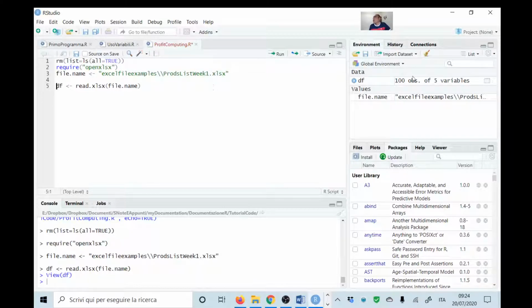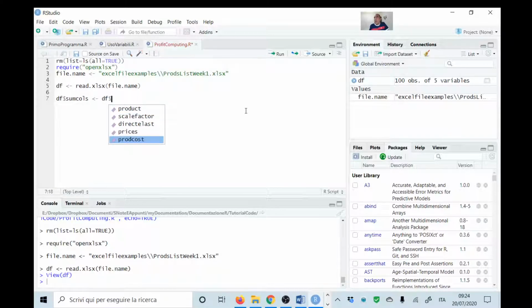So now we have this variable, and it's very easy to work with it, because as you can see in R, if you use the dollar symbol, you can see the column, and you can work with the column exactly as you do in Excel. So let's say I want to create a new column. Now I will create a no-sense column, it doesn't matter. I will call it sum calls, and I want to compute the sum of two columns that I have. So let's say in this case I will do df